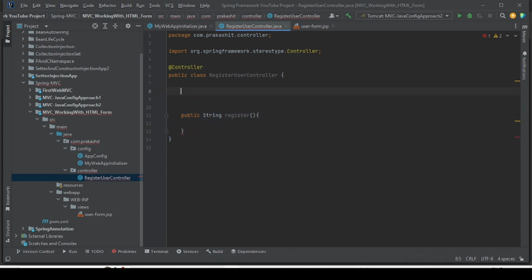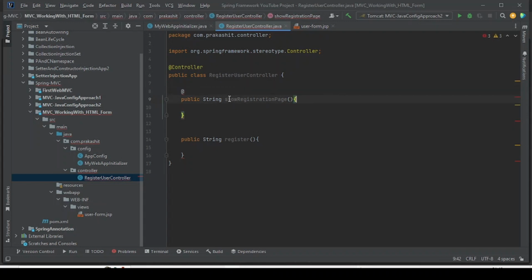To handle the first request, we are going to write public String showRegistrationPage. Registration page is the method. It is going to handle user slash